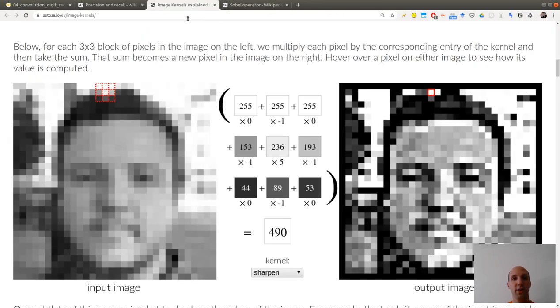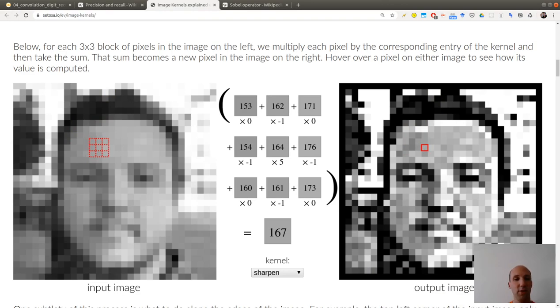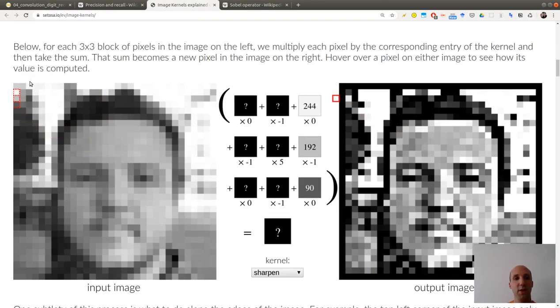So we can come back to the kernel here. You see that when I'm inside the image, it's completely well defined, but if I'm over there, then it's not completely clear how I'm computing this, because in my kernel you have this question mark over there. You don't know how to compute this.